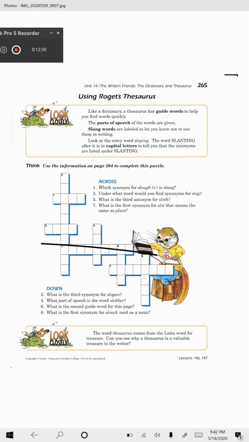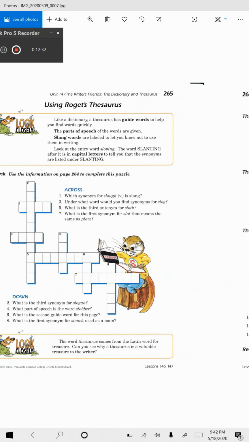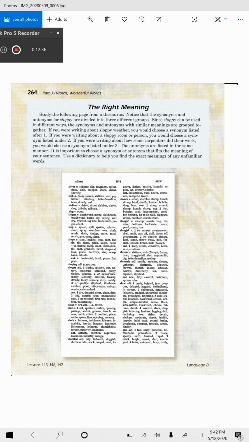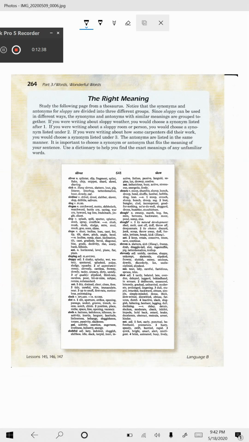Did they show this on the next page? Let me go to the next page. No, but there's somewhere they talk about it. Let's go back to this page just for a second. If you look right here,